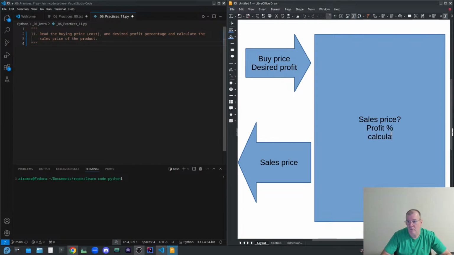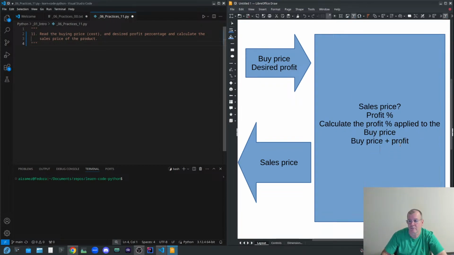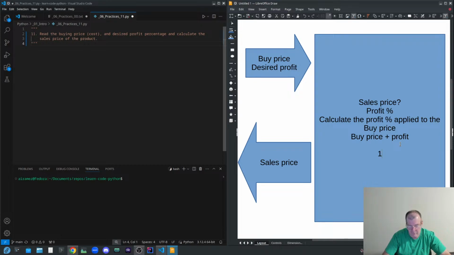We have to calculate the profit percentage applied to the buy price, and we have now to return the buy price plus the profit. So for example, if we bought a product that is like $150,